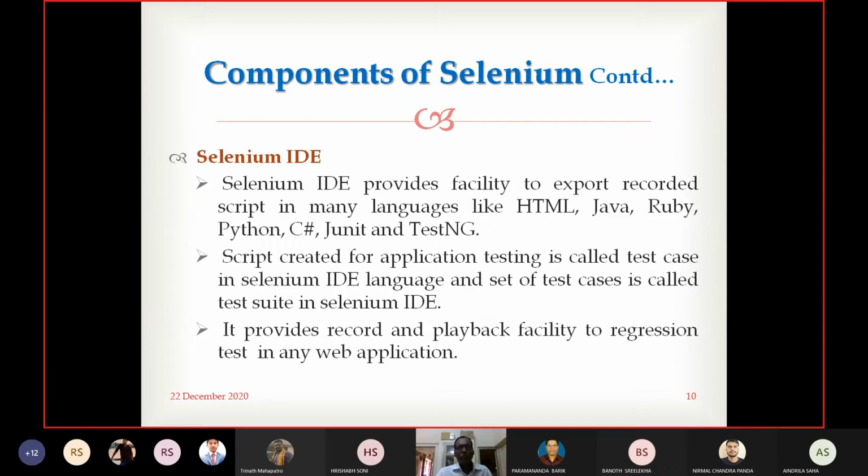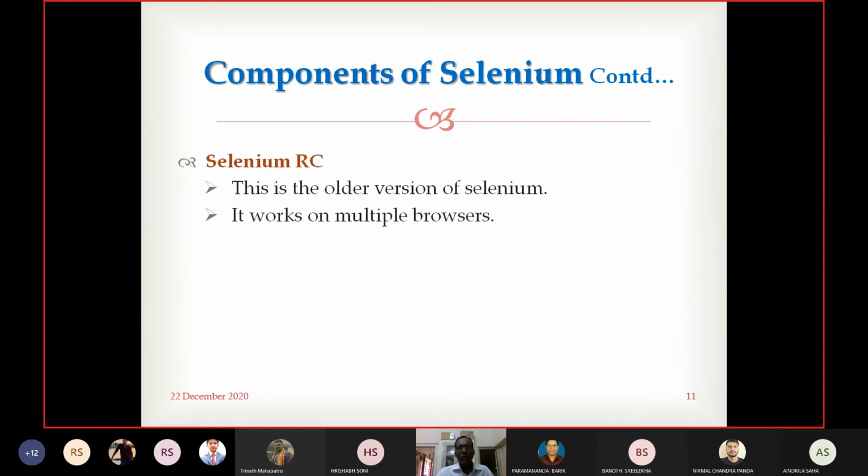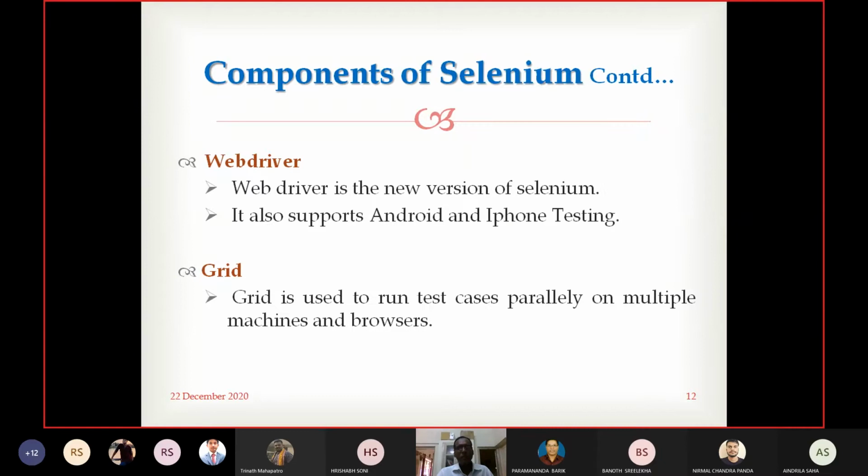What is Selenium RC? This is the older version of Selenium. It also works on multiple browsers. WebDriver is the new version of Selenium. It also supports Android and iPhone testing. You can test Android applications. Then what is Selenium Grid?